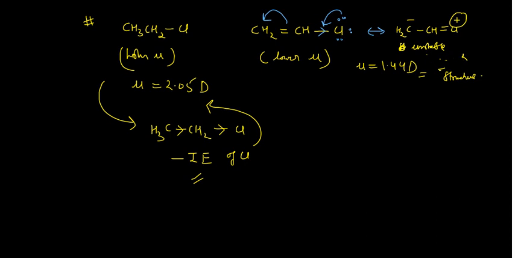I can write properly, sorry. The length of the video has increased so much, so I am in a little bit of a hurry. Resonance structure. So in that case, you see, the inductive effect is going in one direction, but the mesomeric effect is going in the opposite direction. So they are trying to cancel their effects, and though not completely, it reduces the dipole moment to this value. So this is something very, very important.